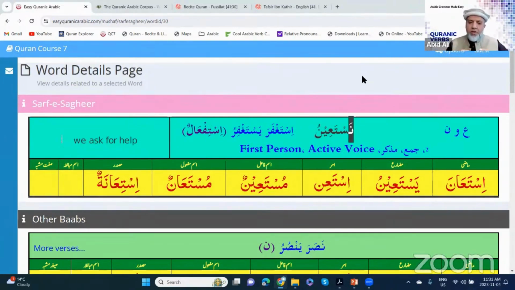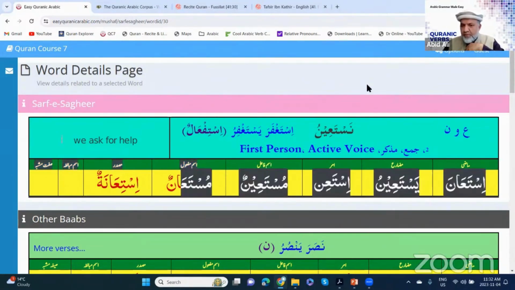So there is a chart called Sarf Saghir, which means a shorter chart, telling you that if I give you the root words and tell you the pattern, you need to tell me the Madi, the Mudare, the command, Ismul Fa'il, Ismul Maf'ul, the name of the action, and a bunch of other things. This chart is known as Sarf Saghir. In this chart, so far, we have accomplished the Madi, and today we are trying to accomplish Mudare. Inshallah, in the next session, we will learn Amr, and then how to make Ismul Fa'il and Ismul Maf'ul. Got it, Brother Ghani?